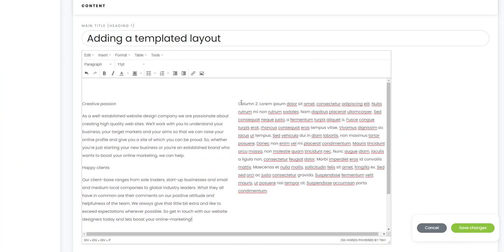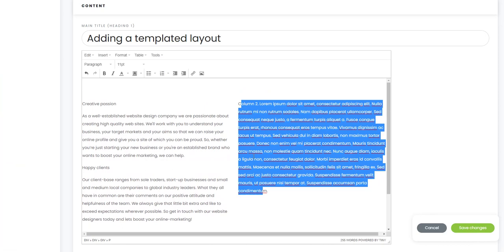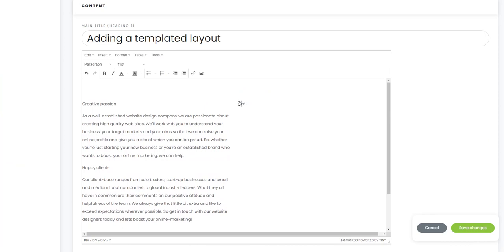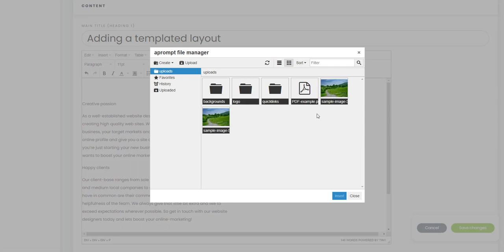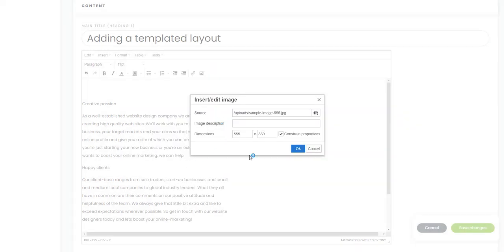So let's put an image on this side, shall we? So we'll pop our cursor exactly the same as the first column, just get rid of the content either side of the first and last letters. This is just to keep the formatting within the column. Click Insert, Edit Image. Click the magnifying glass to go to your file manager. Choose an image. In this case it's going to be 555 pixels wide because that's the width of that column